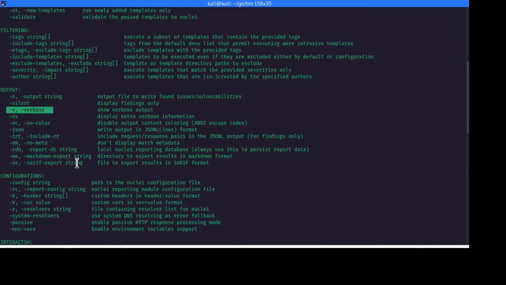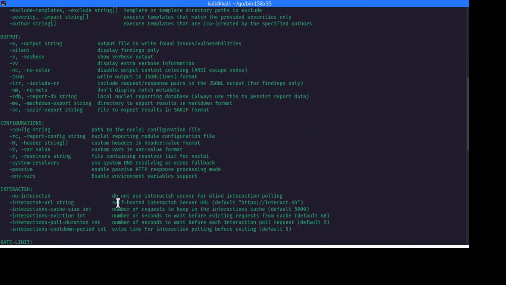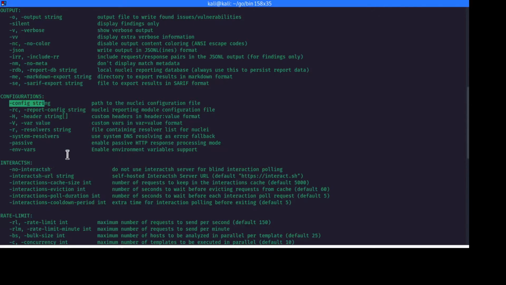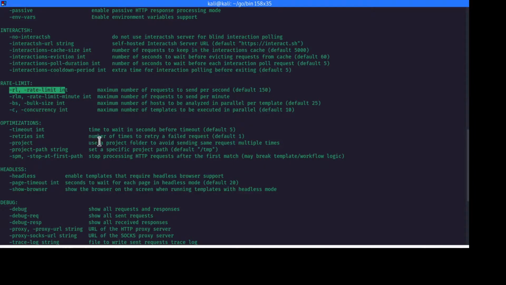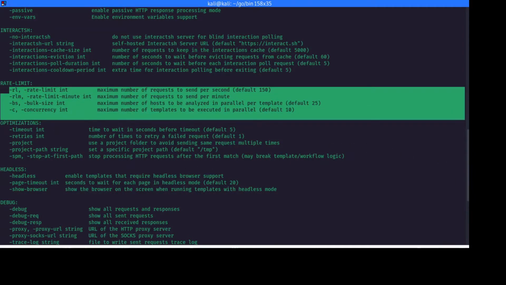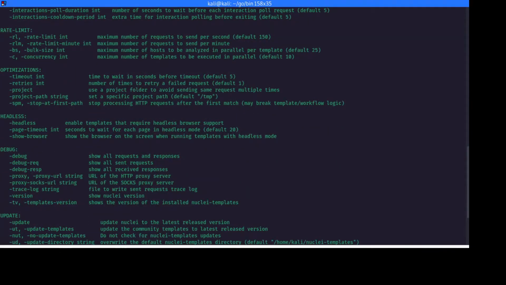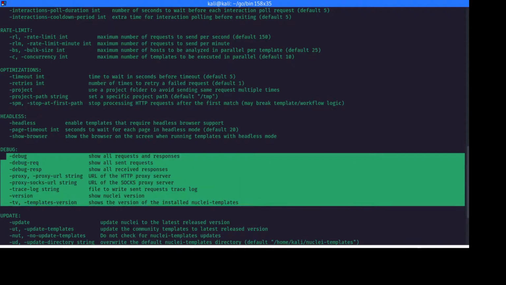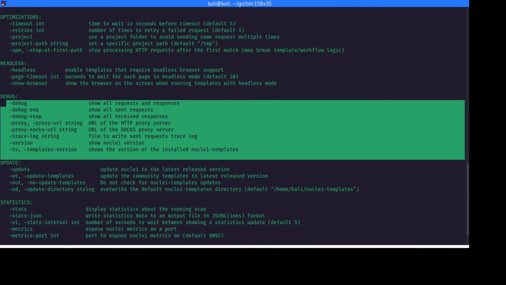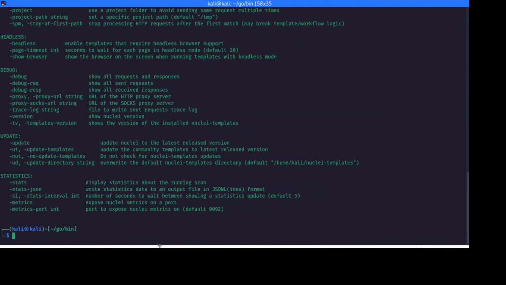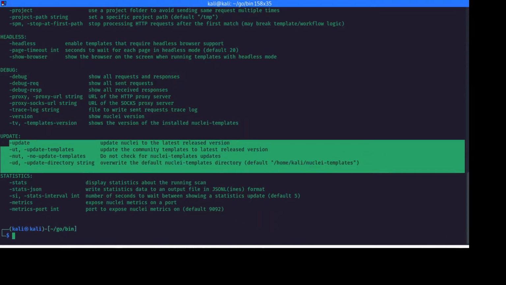You can set the verbosity level also, that is also a good thing. Also some of the configurations, if you want specific to the tool, you can put those also. You can also rate limit if you want, for setting the concurrency or number of requests that you want to pass, and that is also possible with this tool. If you want to inspect how the requests are behaving, you can pass this through proxies also. So if you have Burp, you can put this between Burp and see how the requests are going. If you want, you can update from the console also, update this tool, update the templates.